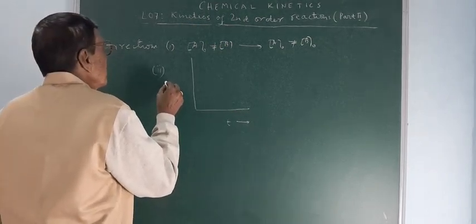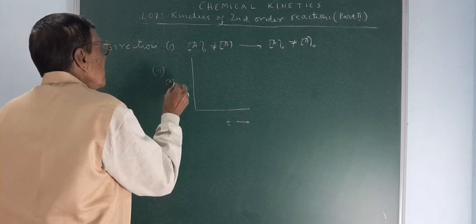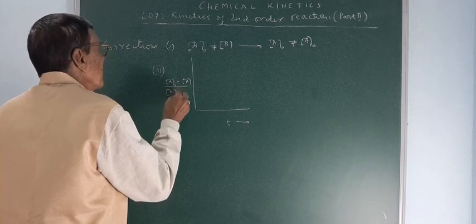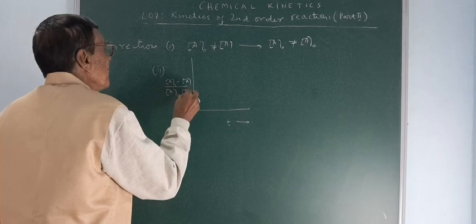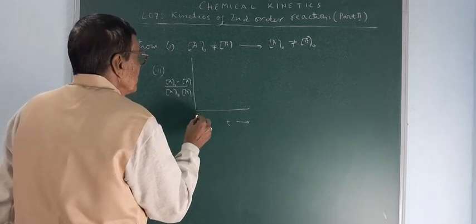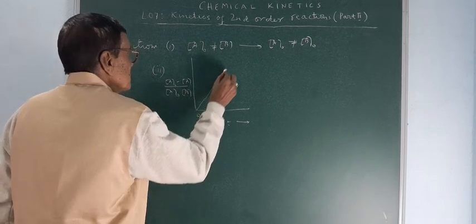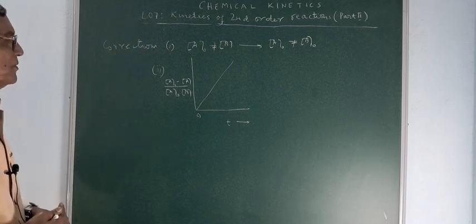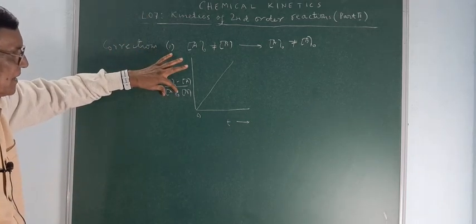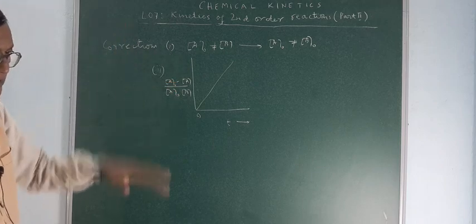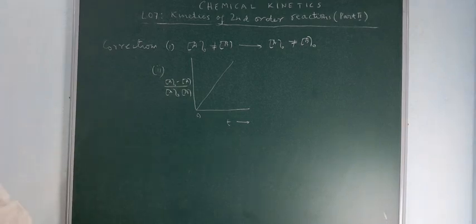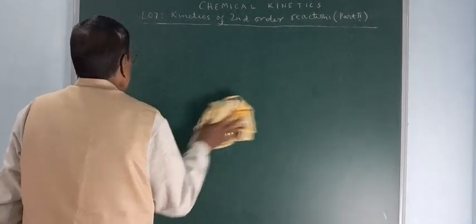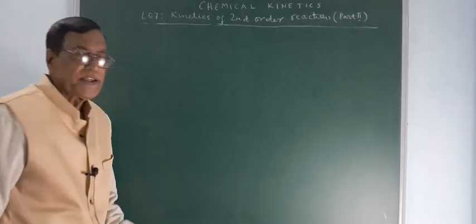And here it is A naught minus A divided by A naught into A. Here T, here it is 0, and it will pass through the origin as a straight line. In part 1, I omitted this term, and this term has been included here. So the correction is made. Now I am coming to the kinetics of second order reactions, part 2, where